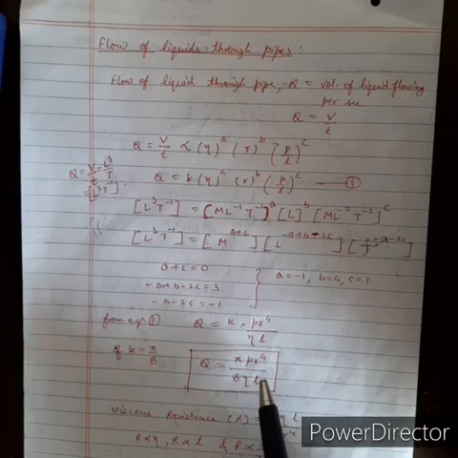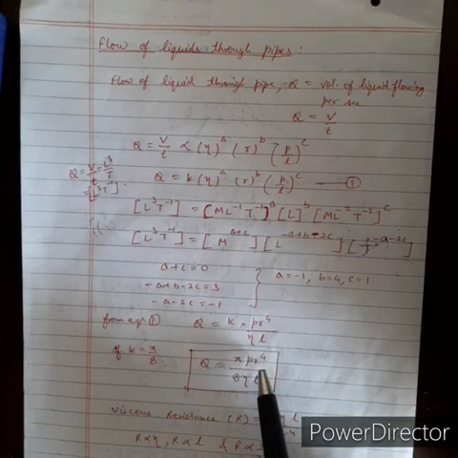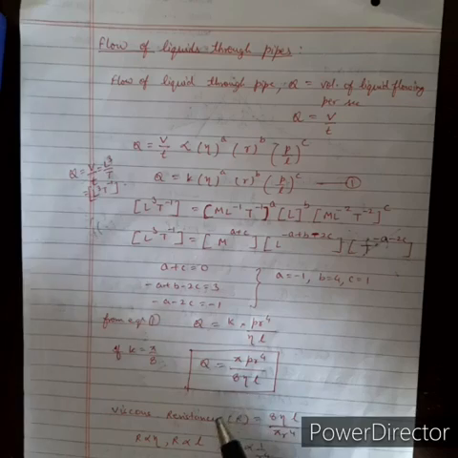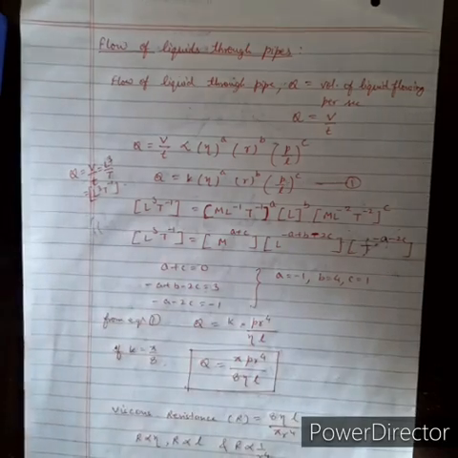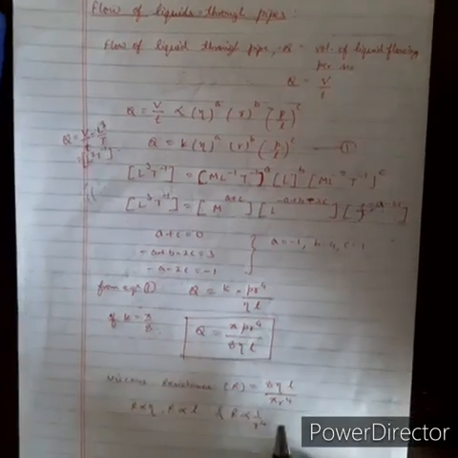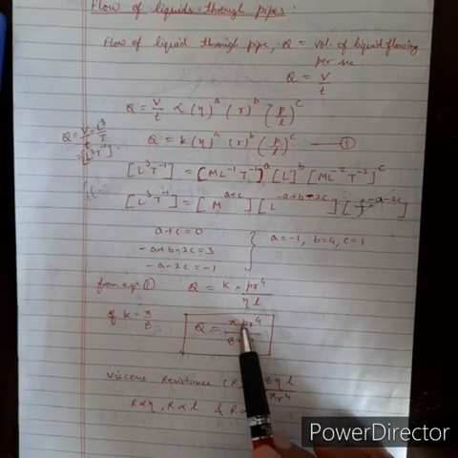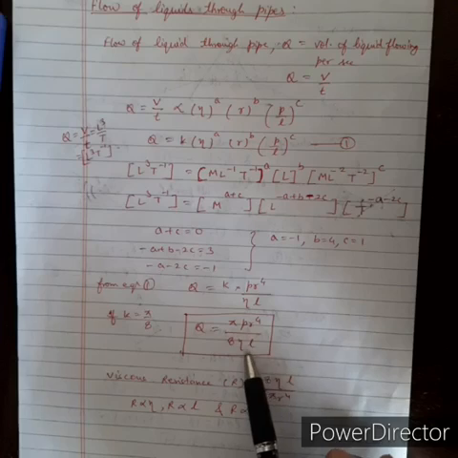Okay, this is the formula that is known as Poiseuille's relation, and with the help of this formula we will find the viscosity of a liquid. If we arrange this to find the viscous resistance, suppose we are going to compare glycerine with water, both flowing through a pipe, which will offer more viscous resistance? To calculate this, we just rearrange it: leave the P in the numerator and everything else will come in the denominator.